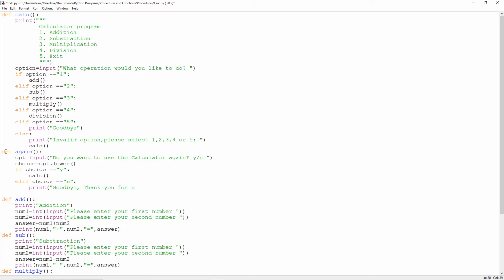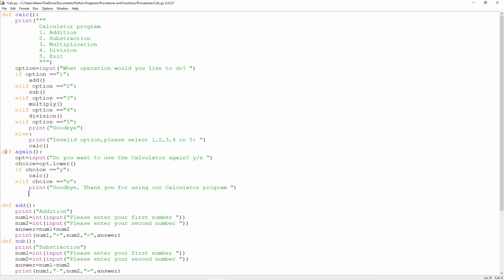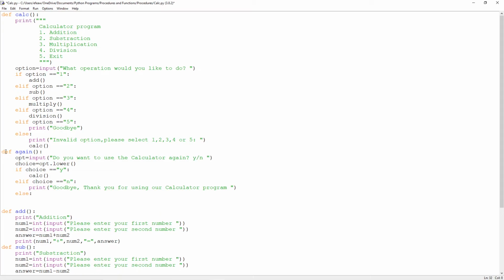for using our calculator program. Else, if the user response is not Y or N, we will say invalid choice, please re-enter yes or no. So we go else, and we're going to say print